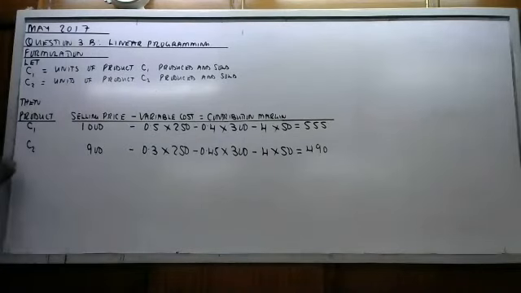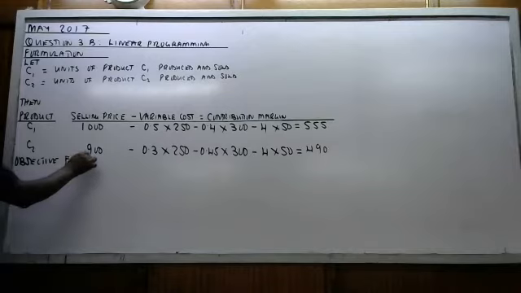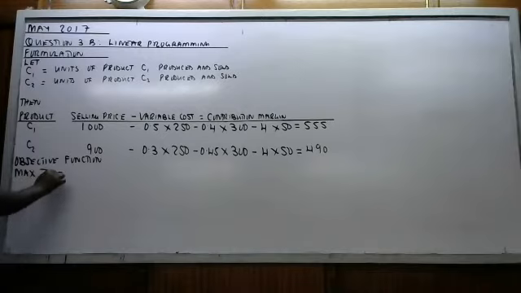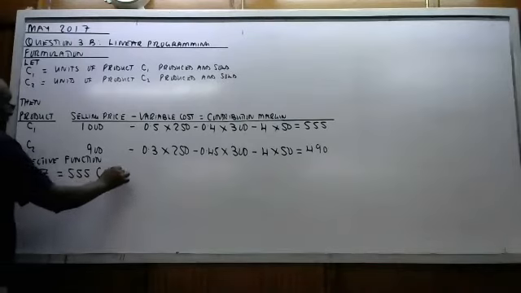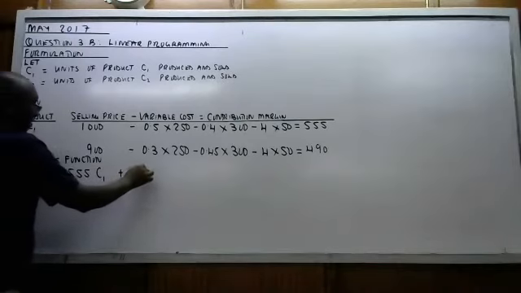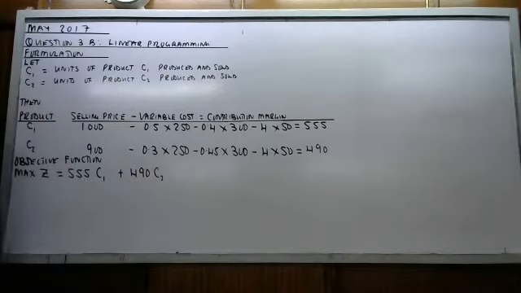So if you have confirmed, you now proceed and say objective function. Objective function is to maximize Z, which is 555 C1 plus 490 C2. Now subject to